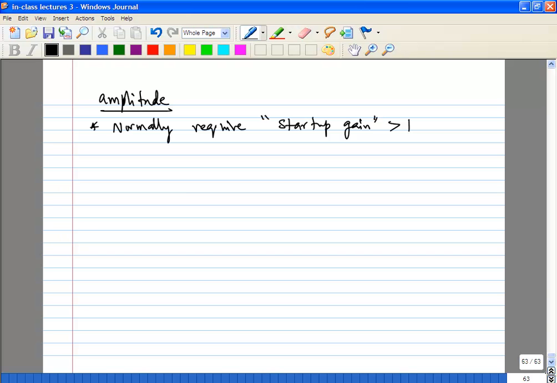And quite often people use something like 3, a loop gain of 3, but that depends on your design. So now you have a loop gain greater than 1, so your amplitude keeps growing. At some point of time, what will happen is,